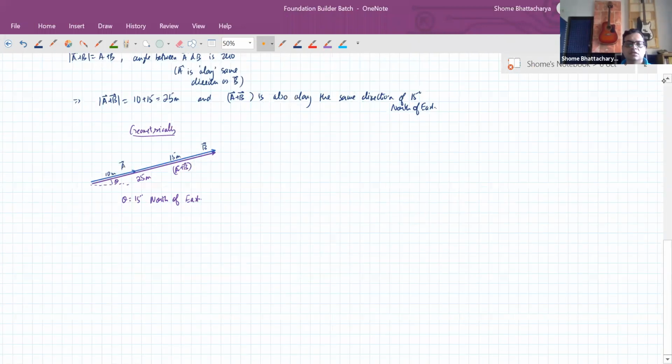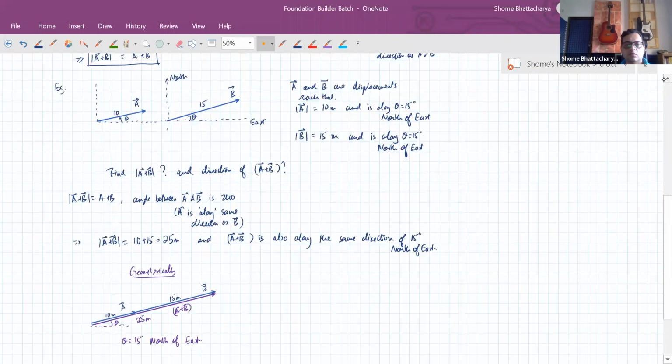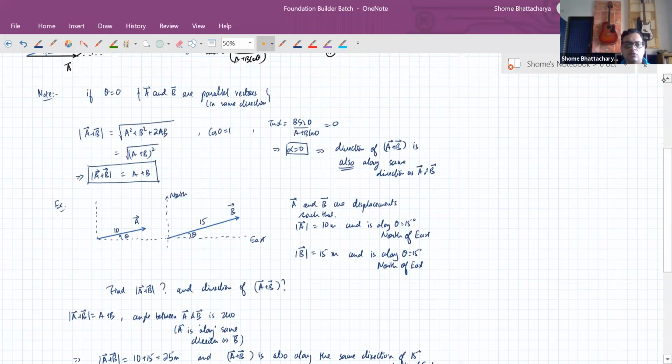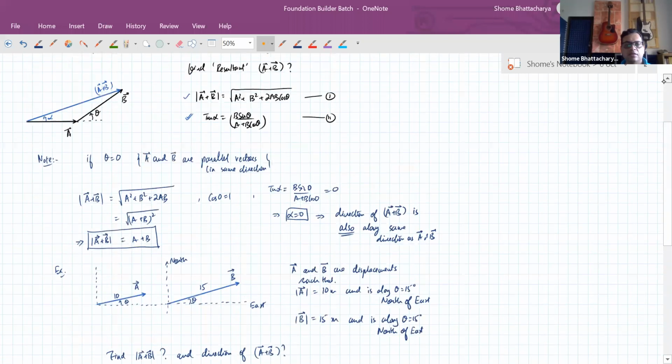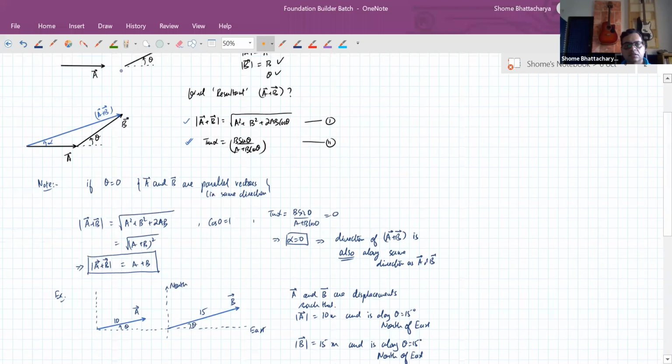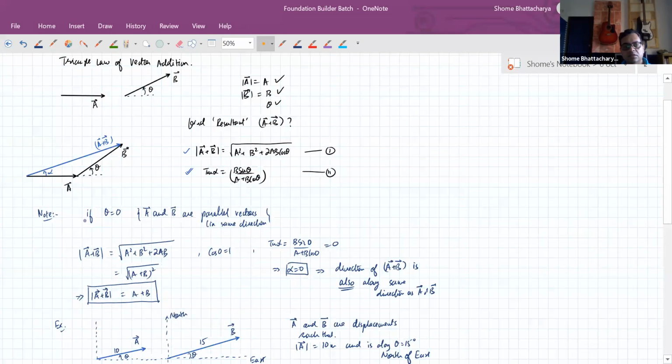So you can note this down as the first special case of the application of the triangle law formula, which we were discussing earlier. This is the general triangle law formula. But when we apply the special case of theta is 0, or in other words the vectors A and B are parallel, then this is how it reduces. The magnitude of A plus B becomes the magnitude of A plus the magnitude of B, and the direction of A plus B is the same direction as the individual vectors A and B. Just make a quick note of this special case over here and then the example below. I'm just coming to that.